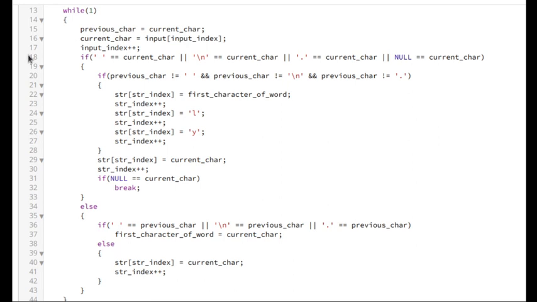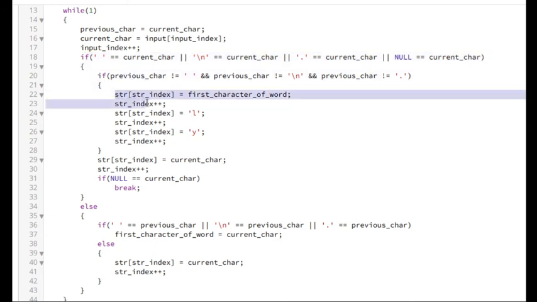Okay, so in this while loop, we remember the previous character, and then we update the current character with one character from the input at a time, and then we increment the index. So in the next iteration we will have the next character in the current char, right. And this condition handles if the word has ended.